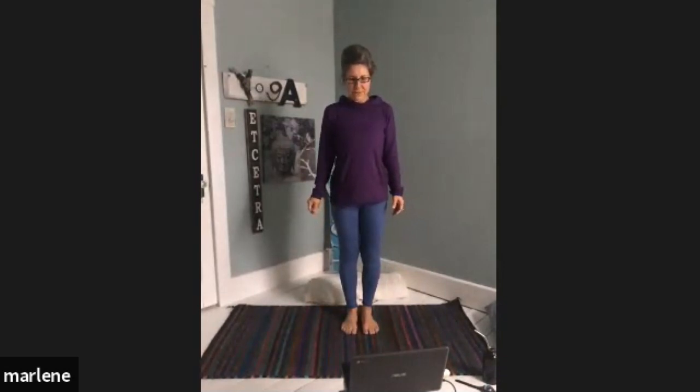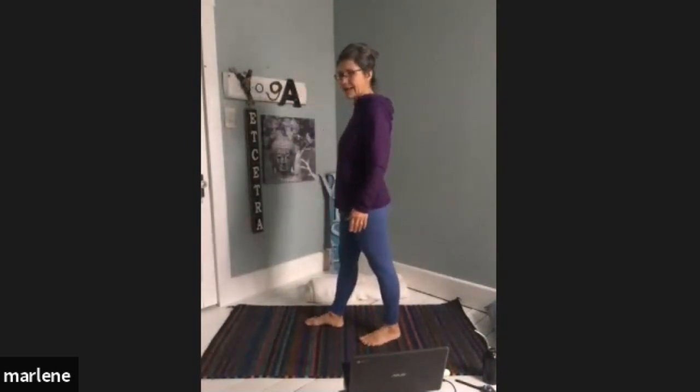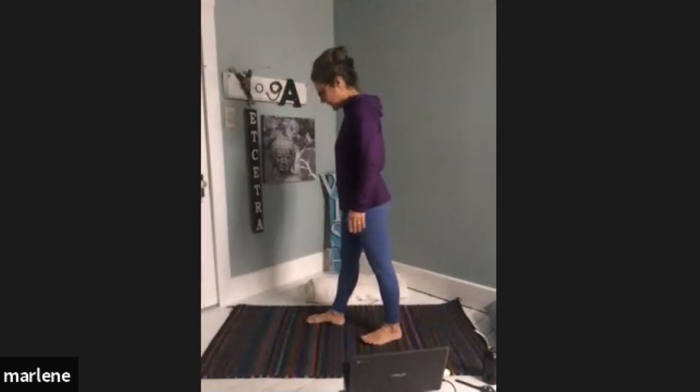Notice what you notice. Okay, we're going to do that all one more time, just so you can get a better grasp of it. Okay, so we're going to have the right foot forward, left leg back, and you'll know exactly where you need to either imagine or improvise or change it up so it suits you. So standing up nice and tall, and then we're going to hinge forward again,